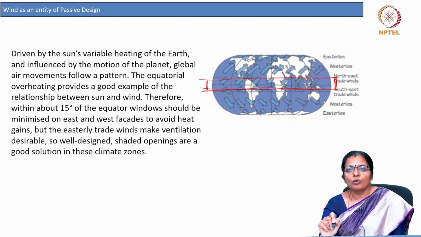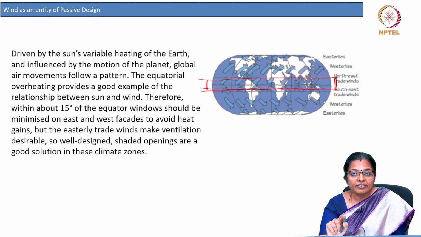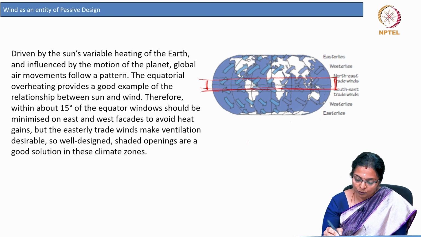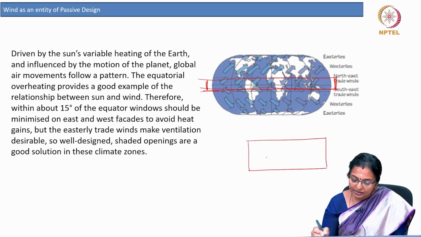Therefore, within about 15 degrees of the equator, windows should be minimized on east and west facade to avoid heat gains. But the easterly trade winds make ventilation desirable. So, you should have well designed shaded openings, and that will be a better solution in these climate zones. So, even if you are compelled to have openings along the east and the west,